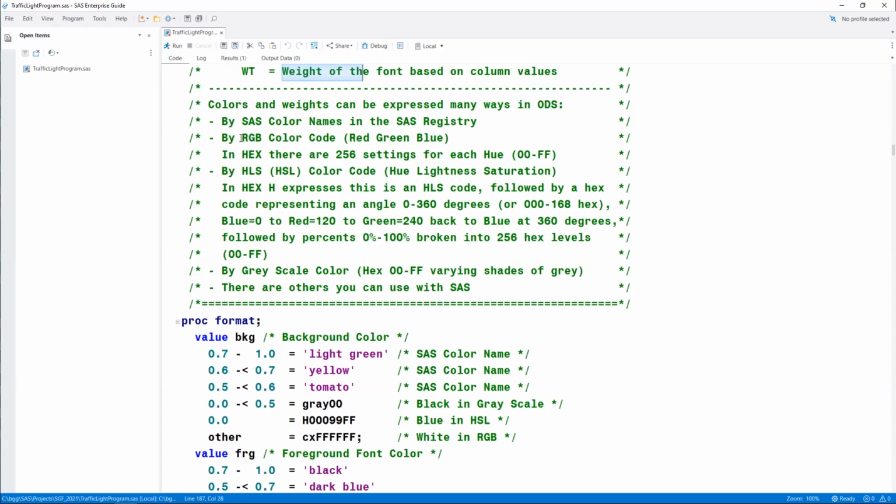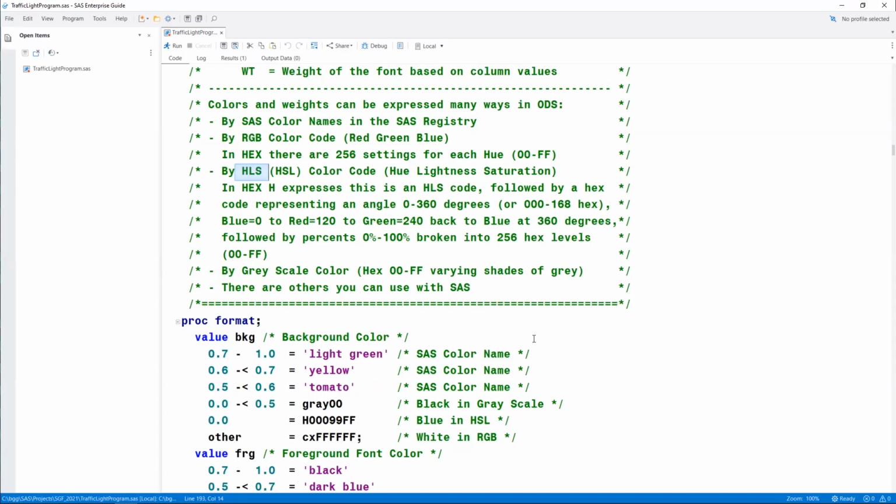But there are also colors that are represented by a red, green, blue code, which generally is a hexadecimal code. There's also another color code called hue, lightness, and saturation. I've seen the abbreviation HLS and HSL both, so if you want to do a web search, you can find it on either one of those strings.